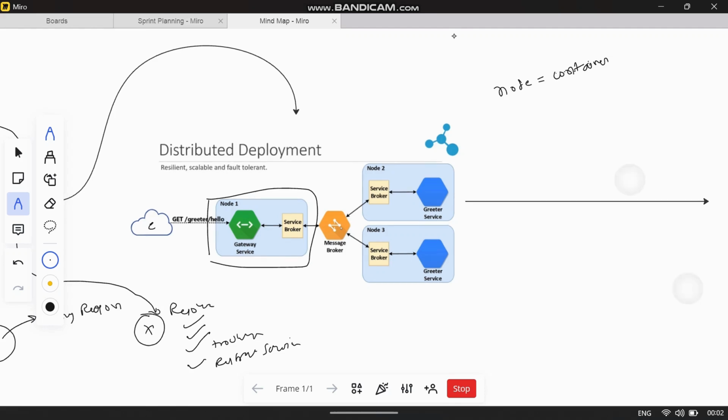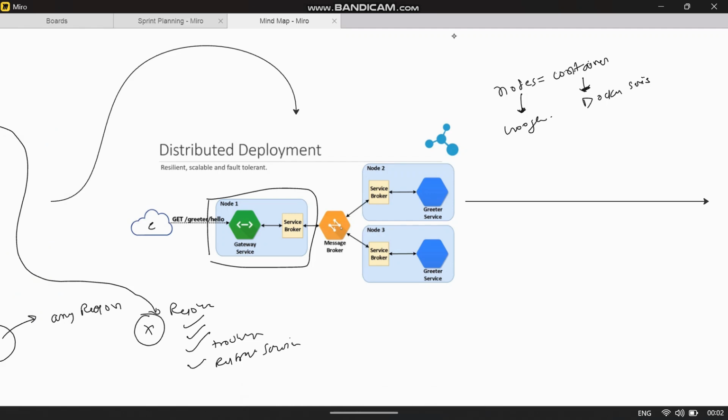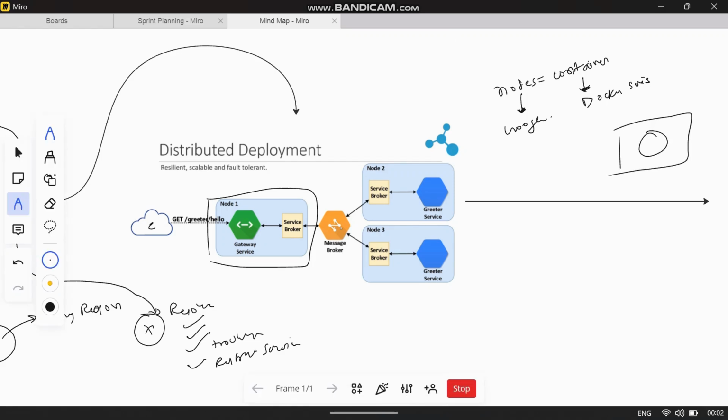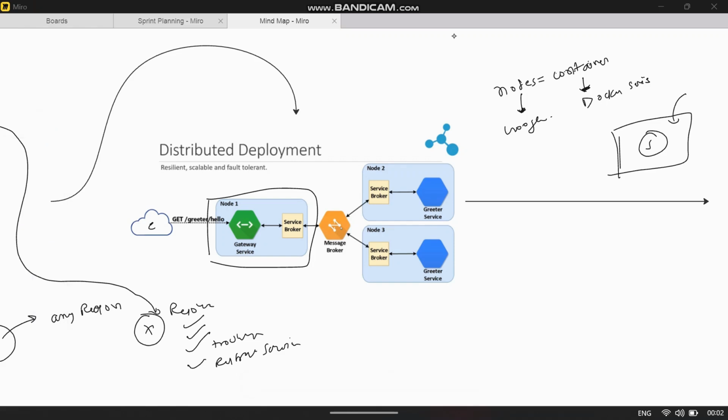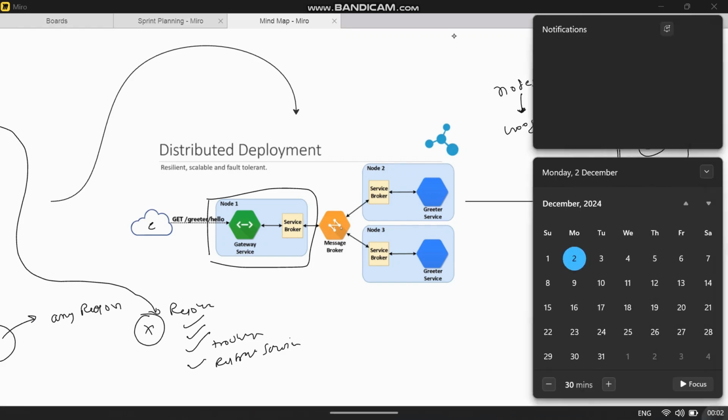You can consider node equal to containers. And if you don't know any of this, container, if you want to know about containers, go watch the Docker series. And what are nodes? If you want to know, go on Google and search for it. So node is just a kind of container inside which services run. This is our container and this is our service. This is the basic architecture that we use